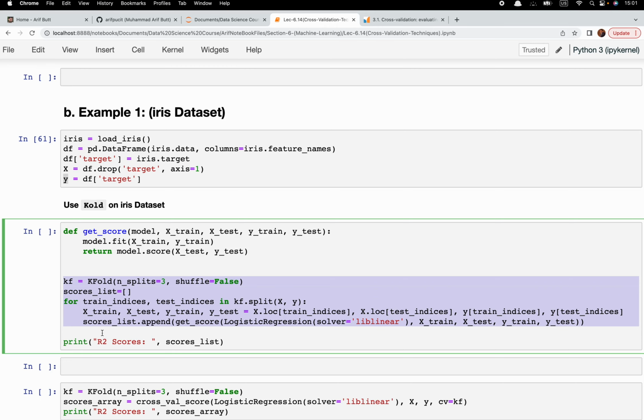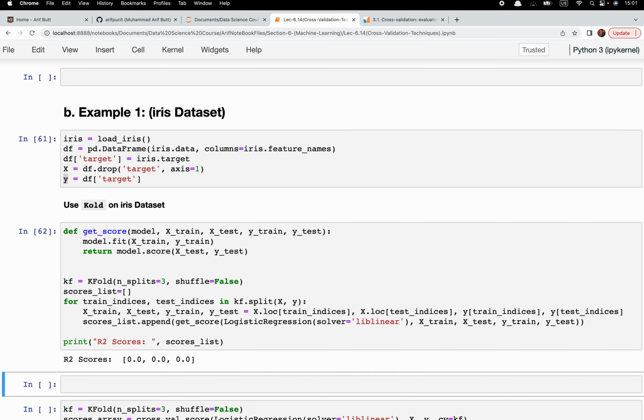However, since this is a classification problem, instead of using the linear regression model, I'm using logistic regression model. And I'm passing this logistic regression model to this get score function. Another change is that over here we are making 3 splits while creating the k-fold cross validator object, and rest all the code is same. Let me execute this code,